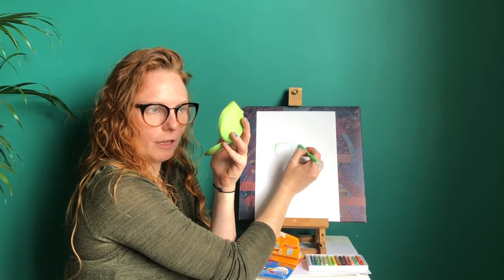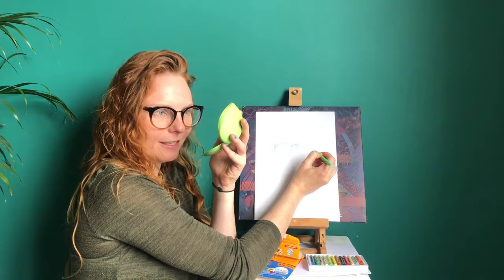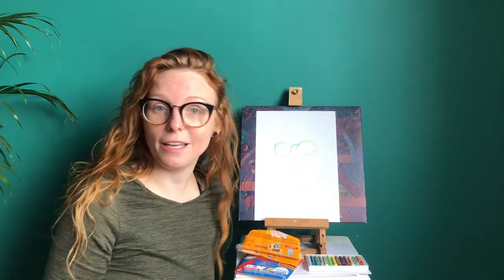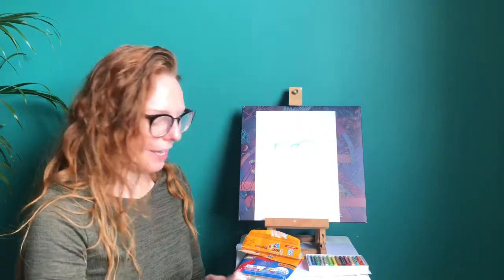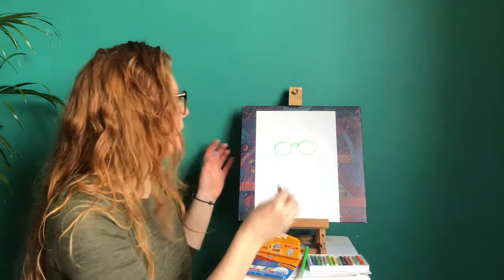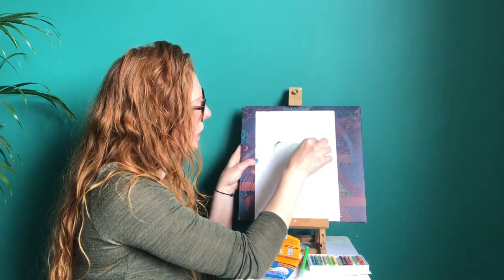And then I'm going to do my other glasses, so we'll see how this goes. Okay, not too bad. So what you could do then is add to that. I'm going to add maybe some brown, because there's a bit of brown in my glasses anyway. And so you can add, looking at it, okay, you can add a little bit, but